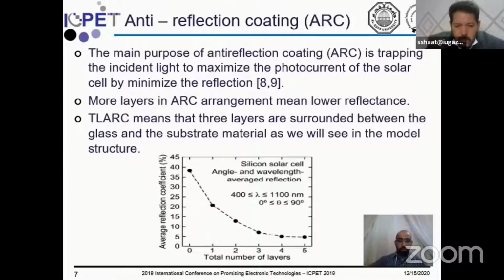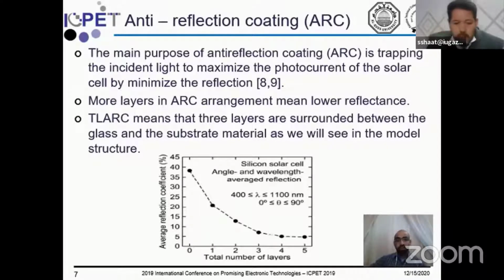For zero layers, the reflection will be near 14%. Then for one layer it will decrease to half, to about 20%, and so on. The reflectance will decrease as the